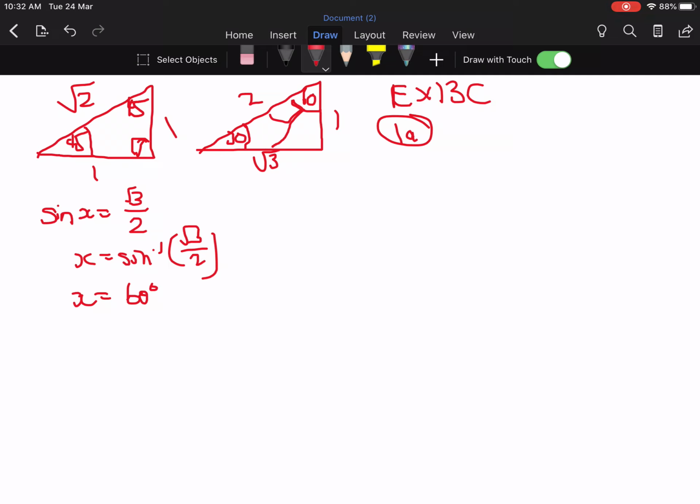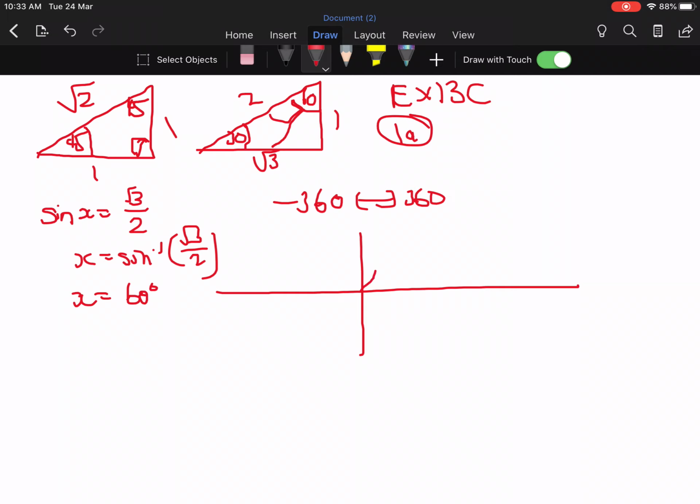Now, the question says for negative 360 to 360, so I've got to find all the possible values between that range. If I was to draw the sine graph, which by now you should all be good at drawing, you should remember that it goes up, then down, and then back up. If I continue this into negative, it goes down, up, and back down. So this is 360, this is 180, that's 0, that would be negative 180,